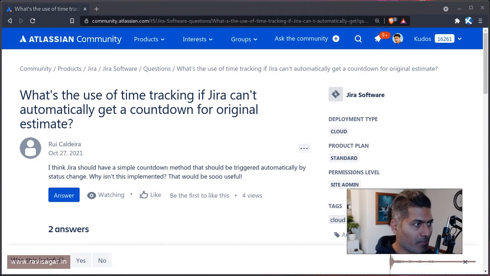For example, if the issue is in open status and the moment you start the progress, or maybe you change the status to any other status that you may have in the workflow, then why the time tracking field is not reflecting that information. Now, the simple answer is that when you change the transition, when you make a transition,